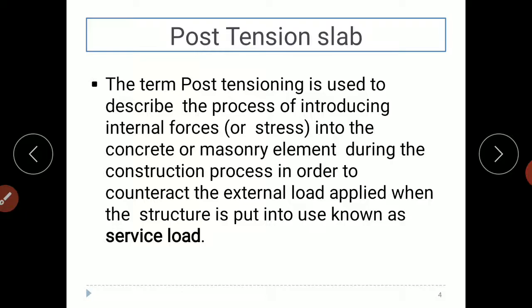Here we'll design both types of slab, post tension and pre-tension, and then find out which one is more suitable according to economy, design, and ease in construction.